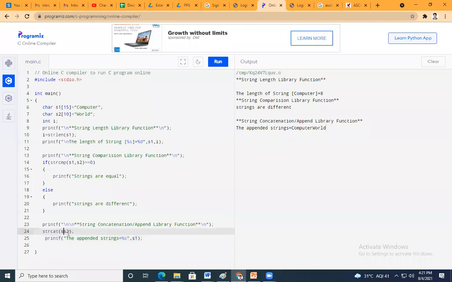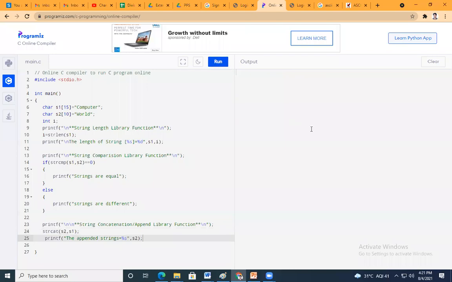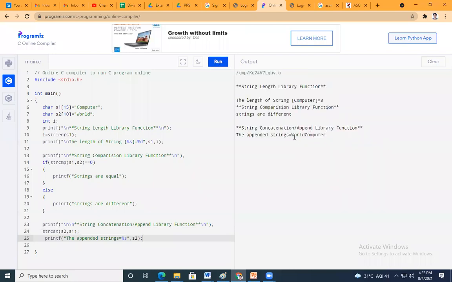I will just change the sequence to s2, s1. That means now s2 is going to be at the first, s1 will connect to s2, and the result is there in s2. So I need to change the display variable here as well. So I have taken now s2. When I run it again, you will find world computer here this way.